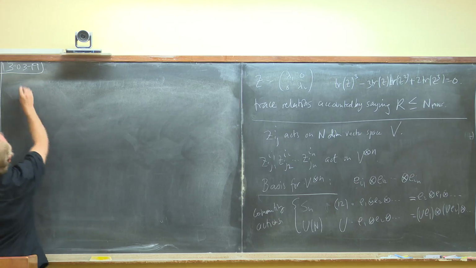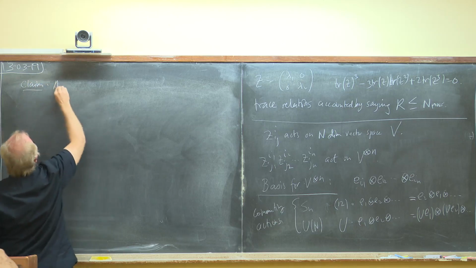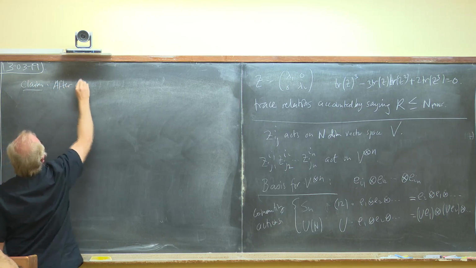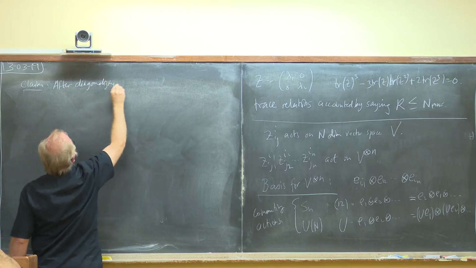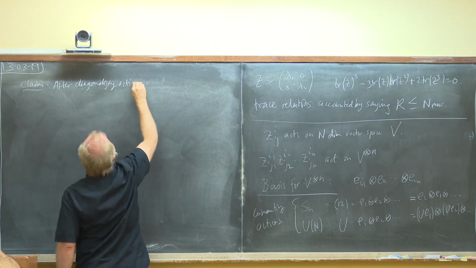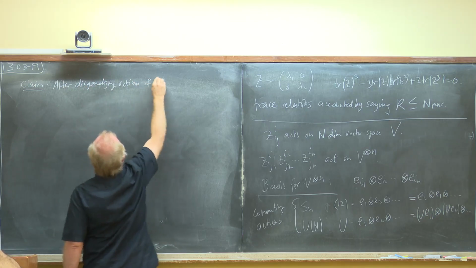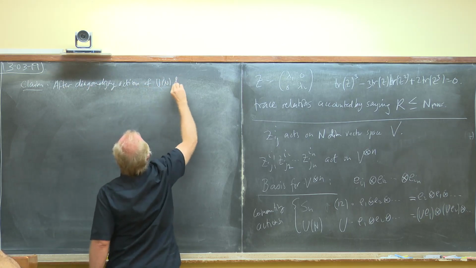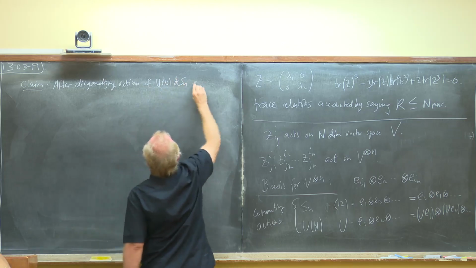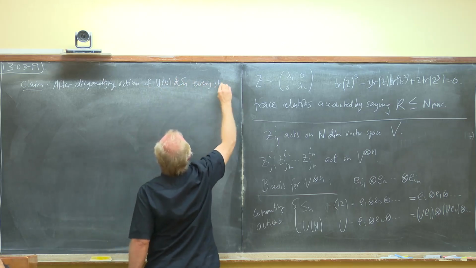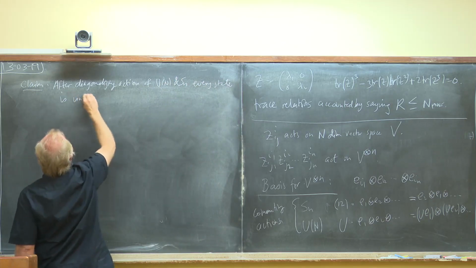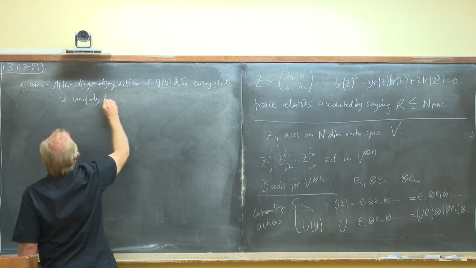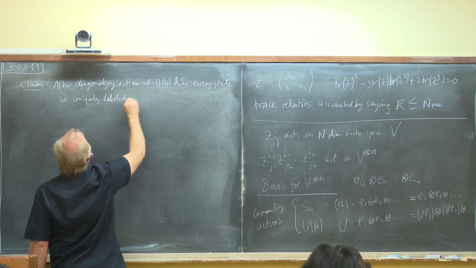And the claim is, after diagonalizing the action of U(n) and S_n, every state is uniquely labeled as,